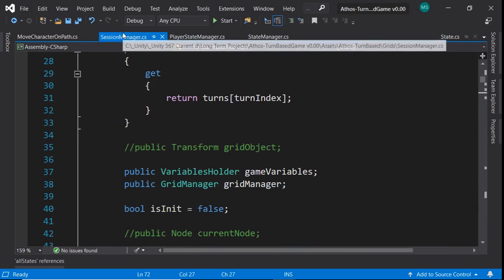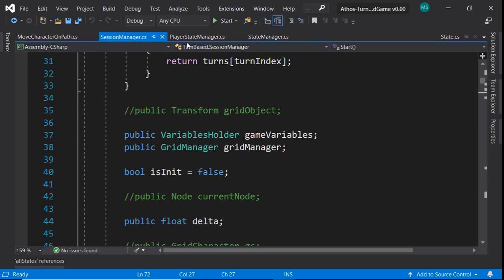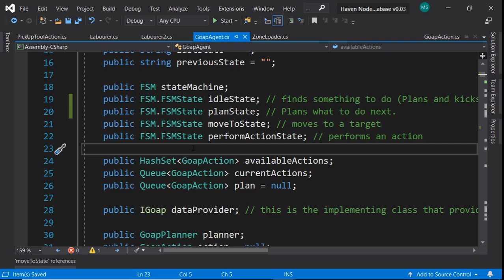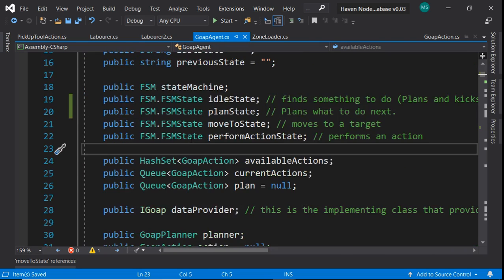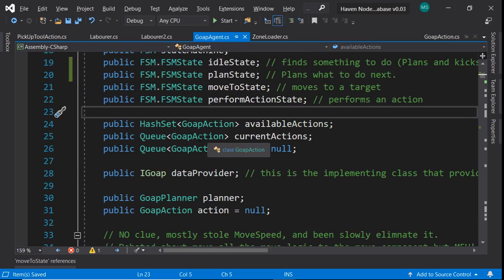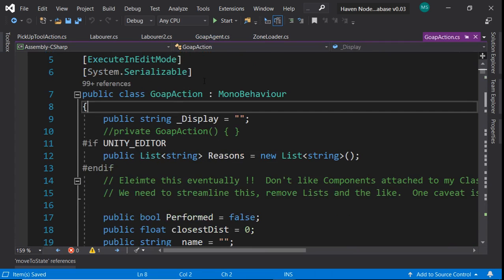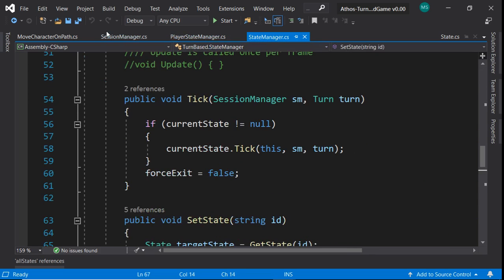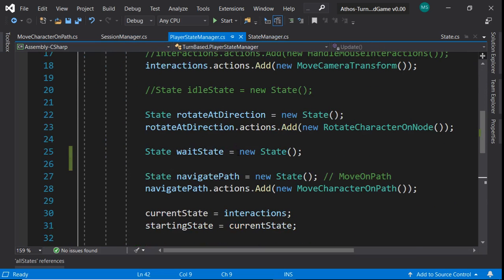This Goap agent doesn't need to change that much because it just needs to know the various states, and they're all basically actions. You can think about these actions as the same actions over here in the session, in the player state manager, where we have these same